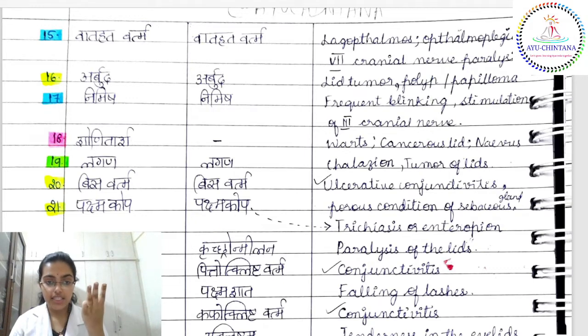Okay. 3 Chedana, 3 Bhedana, 3 Asadhya, 2 Ashastrakrita. So how many is it? Totally 11. 11 unique things you will remember, and 10 other things. In the 10 other things, one is Yapya and the other 9 are Lekhana Sadhya Vyadhi. Easy now? Okay, this is how you'll remember.